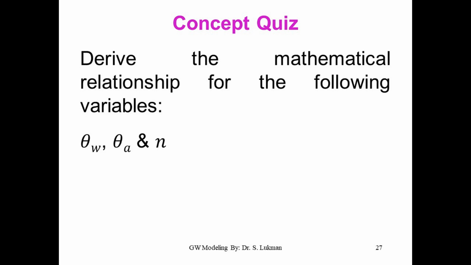Why is... No, I didn't see N. I didn't see theta A and theta W. These are the only three things I want to see in the equation. It should be in the form of theta, as they are. But I don't know how they are connected. Is it linear? Is it exponential? You have 1 more minute. You have to round up.